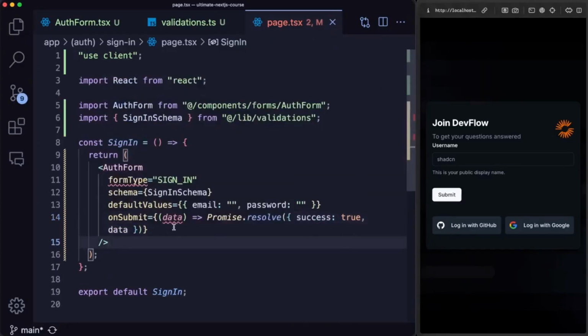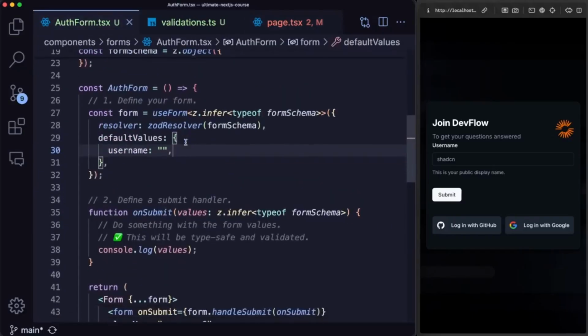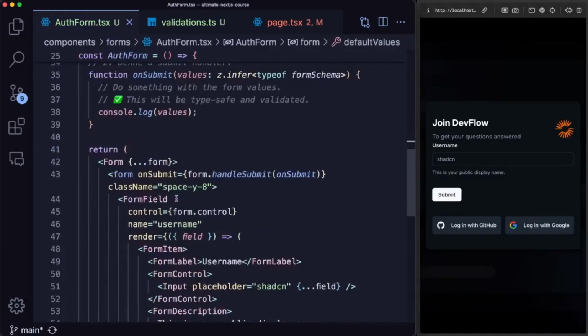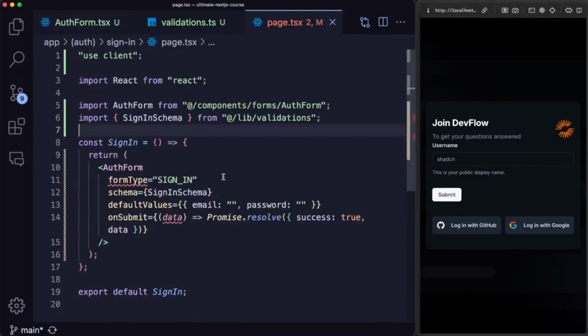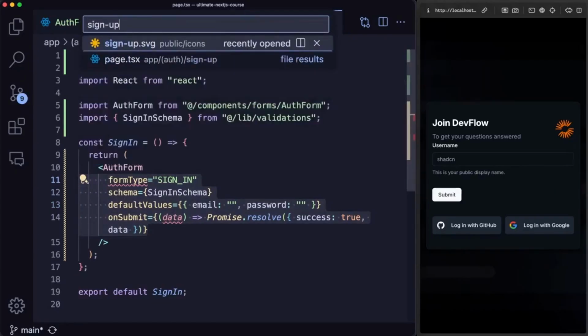So what are we even doing here? Well, right now our auth form is completely non-reusable. It is a form that has its own values like a username, its own onSubmit function, and its own fields. It's given the props so that it can act in many different roles, such as sign in or sign up. We'll make it reusable. So let's actually copy these props and head over to sign up,